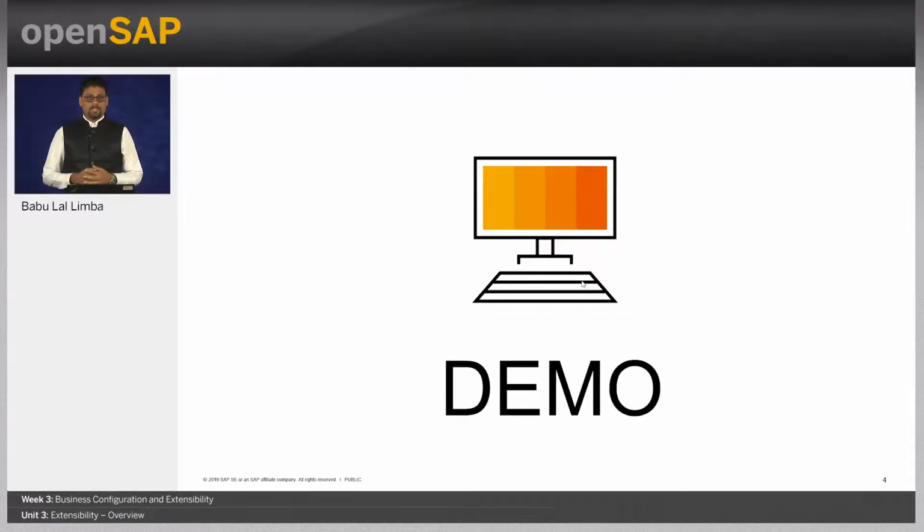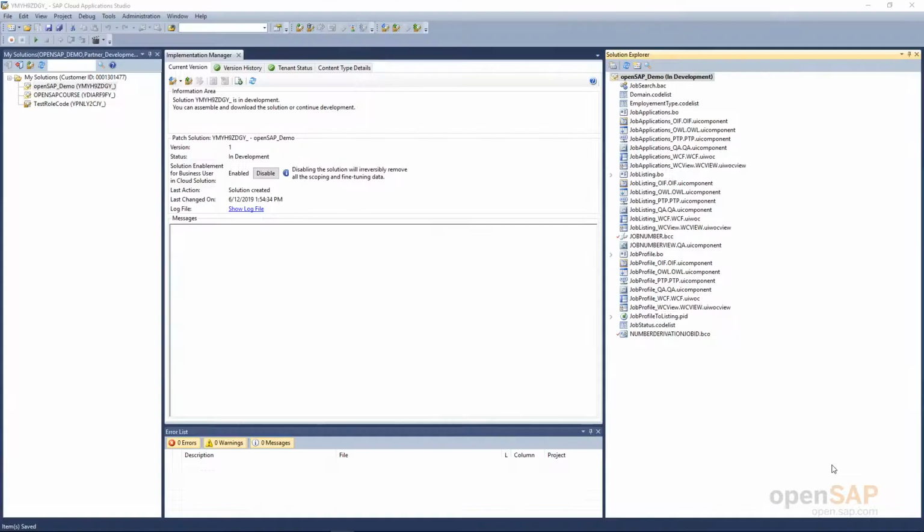Continuing with our use case of internal job search, let us say the hiring manager has selected some employees for a job and he wants to order a monitor or laptop before the employee joins. The manager should mention the job ID in the purchase order so that it is clear that the purchasing is done for the newly hired employee. So, let us go into the system and do this. Okay, so this is my studio, Cloud Application Studio. Let us start. The solution is already opened.